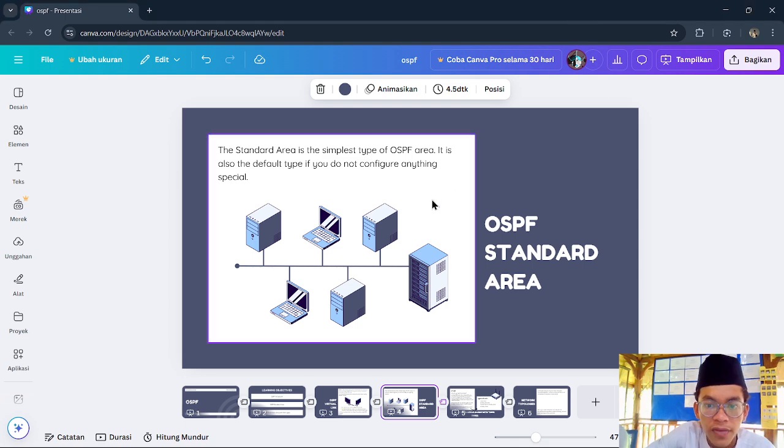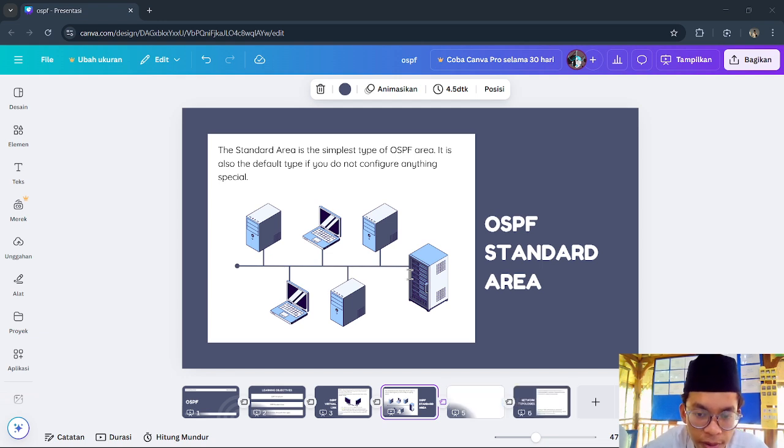Then, after that, we go back again to the OSPF standard area. When do we call it an OSPF standard area? We use the term for an area that is connected to area 0 and does not have any restriction, meaning it is not configured as a stub or NSSA.